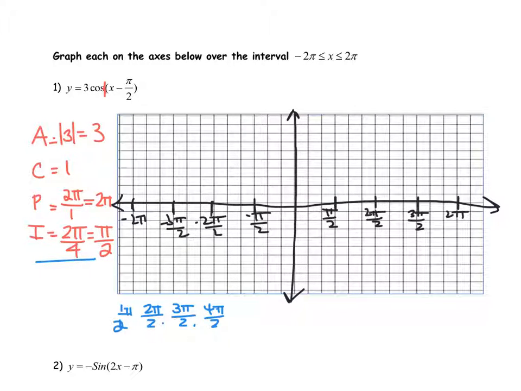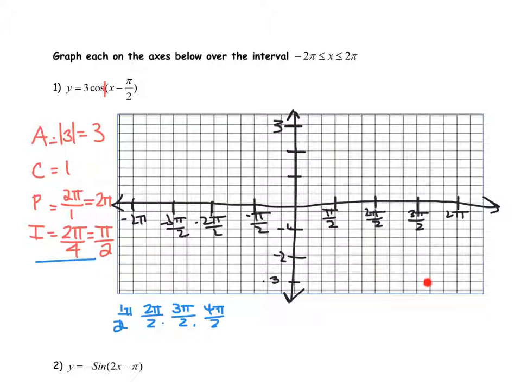Okay, now my y-axis needs to be labeled up until 3. So I'm going to count up 1, 2, 3. Okay, so if this were just a regular cosine graph, we would start up at 3 and go